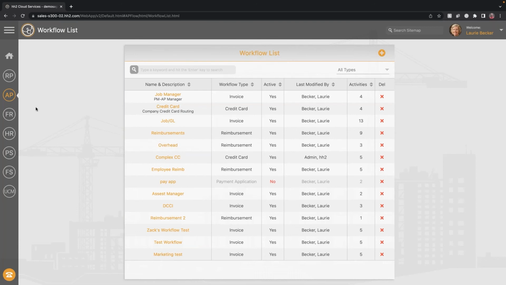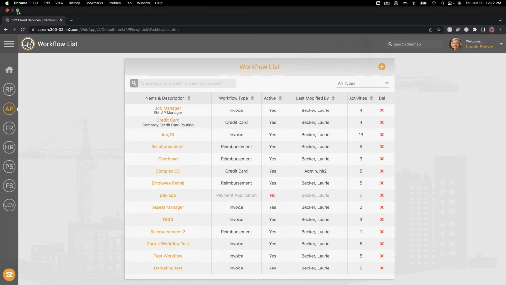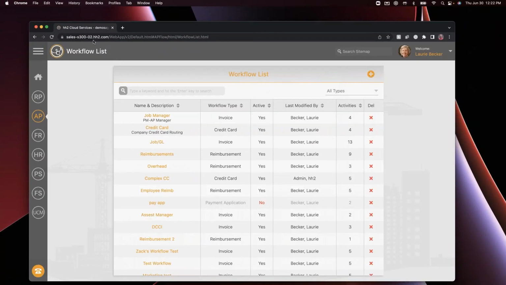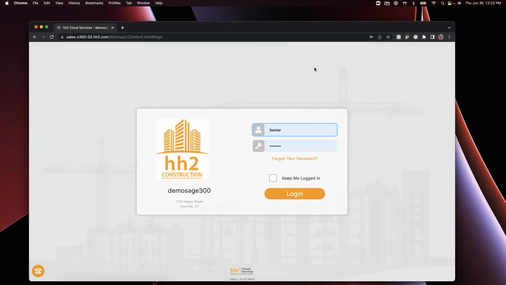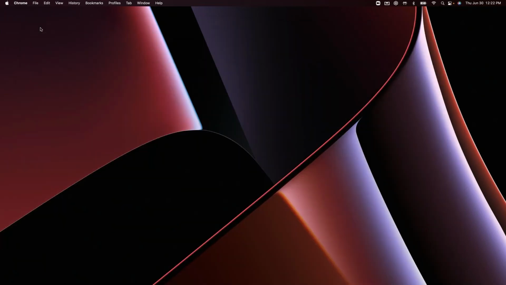Now with that, I think we've covered a good amount of items on the office level here. Let's talk through what some of your field users might want to use the system for. So we're going to look at two different perspectives. We're going to look at HH2 from a phone to review and approve invoices and to upload some receipts. And then we're going to come back to the web browser to talk through what it looks like from an approver. If you say, you know what, my guy's never going to use his phone, show me a web browser, we're going to show you that perspective as well.